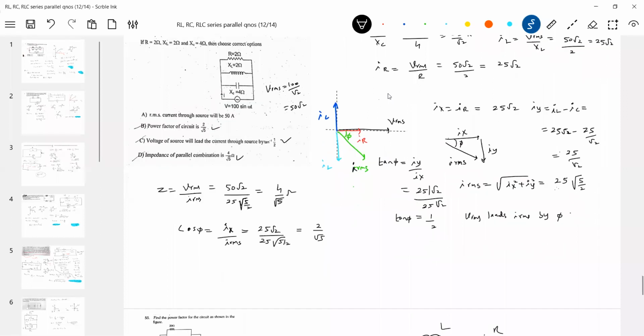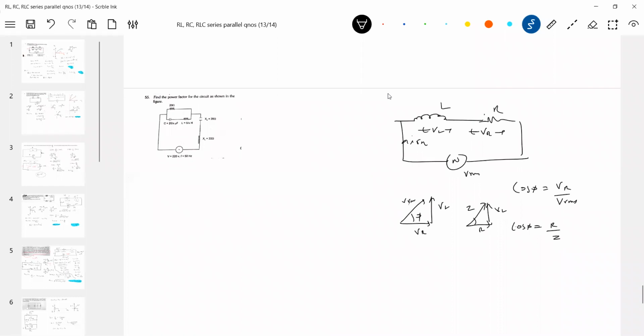So let's take the next one here. A power factor of circuit